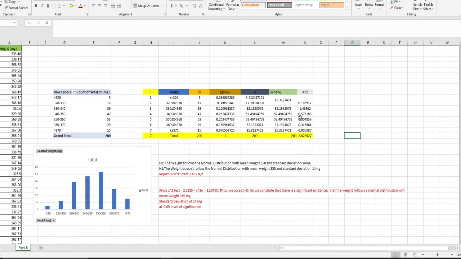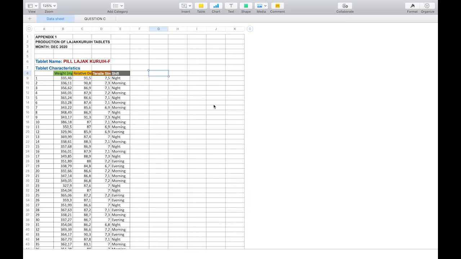Then we calculated the x test by using the equation: the observed frequency minus the estimated frequency, squared, over the estimated frequency, and we summed all of them to get our x test. So here are our conditions. H0 is that the weight follows the normal distribution with mean weight 350, and H1 is that it doesn't follow. We reject H0 if the x test is greater than x alpha. Our significance level was 0.05, and our degrees of freedom